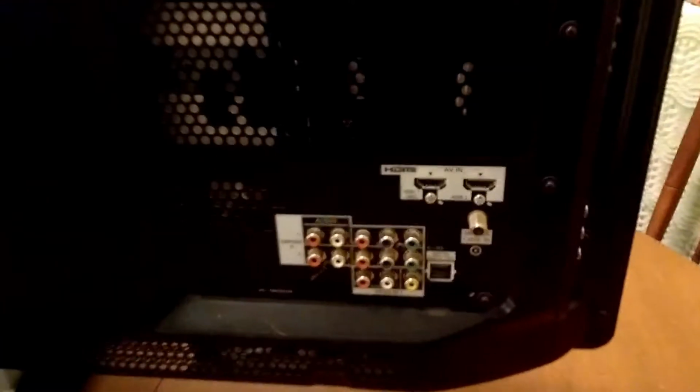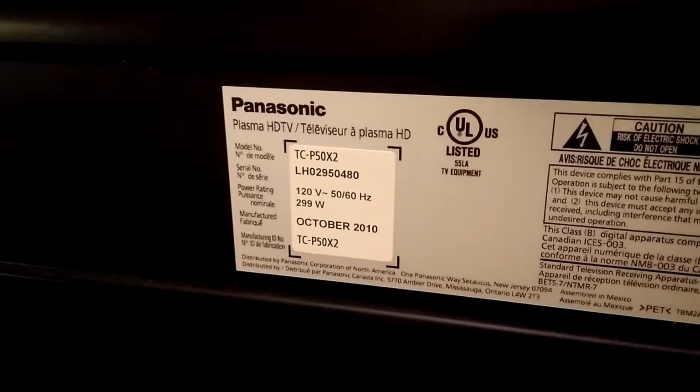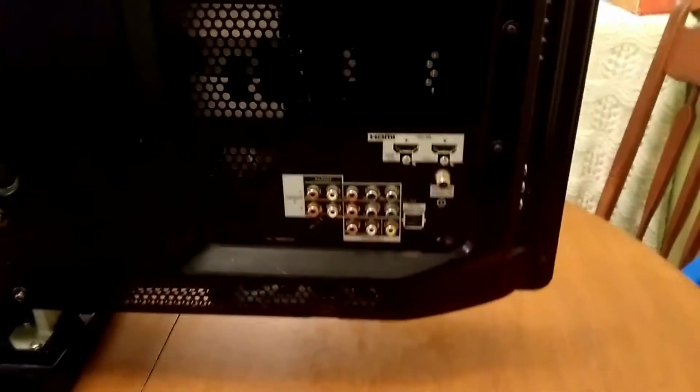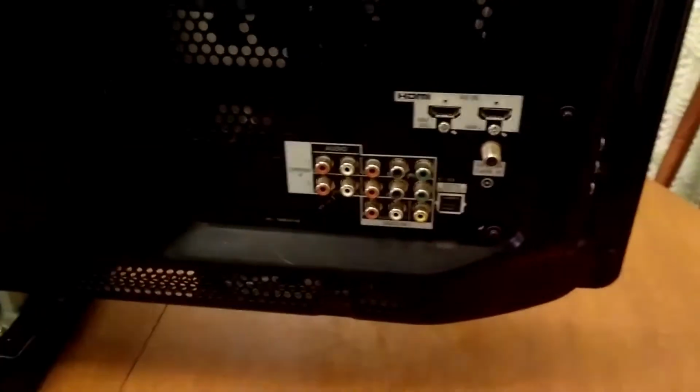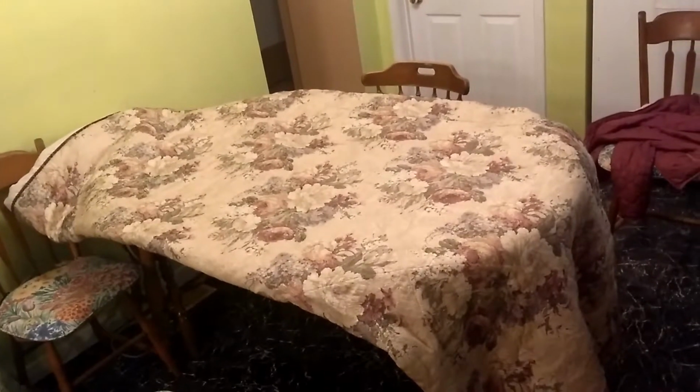Panasonic plasma TV, and the problem with it is the HDMI has no signal, but I tried the RGB connector and it seems to be working okay. So this is a Panasonic TC-P50X2. Okay, so what I'm going to be doing is taking it apart and then checking the main board, seeing if there's any problem. I have a big table and I put a quilt down so that I can rest